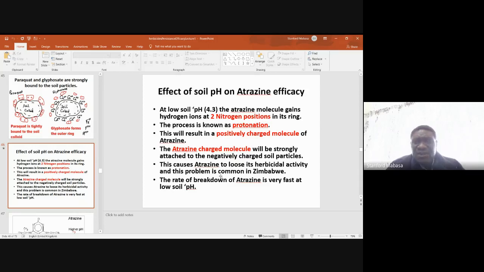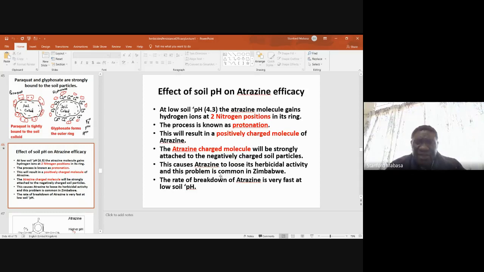Now, these soils make herbicides inactive. What can happen is that if we take atrazine, for example, and spray it on a soil with a low soil pH around 4.3,